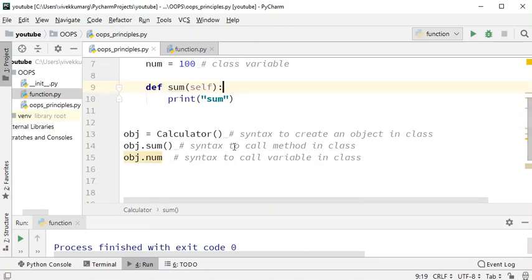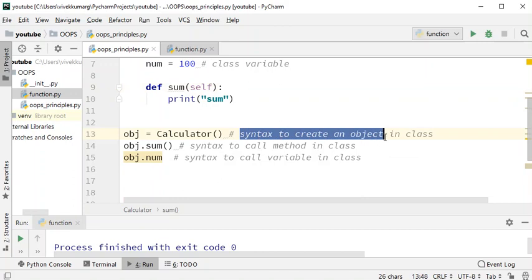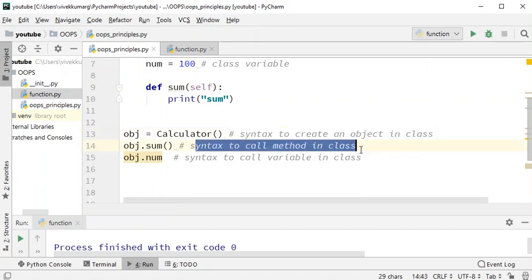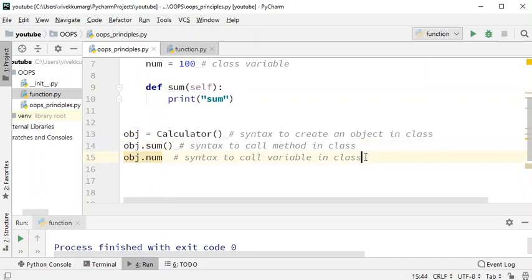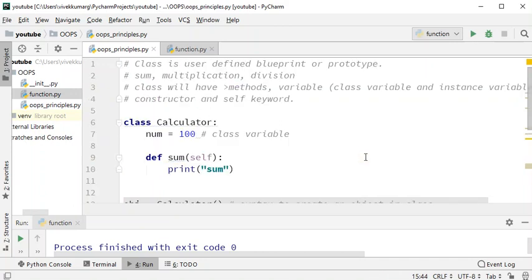All of it we've discussed. We have also seen how you can create an object in a class, and how you can call a method and a variable in a class. Next, in our next video, we will be talking more about the self keyword and about constructors in detail. Thank you guys for watching this video.